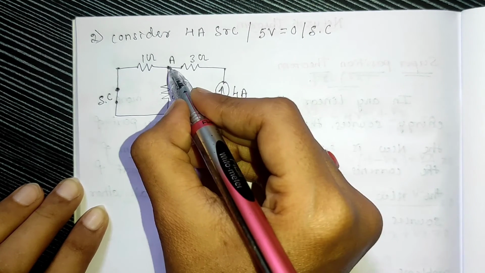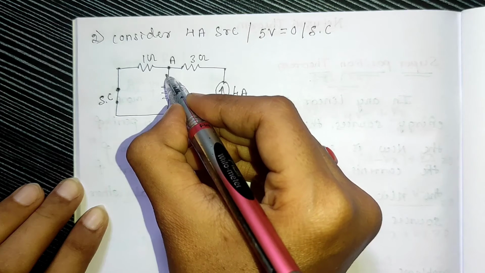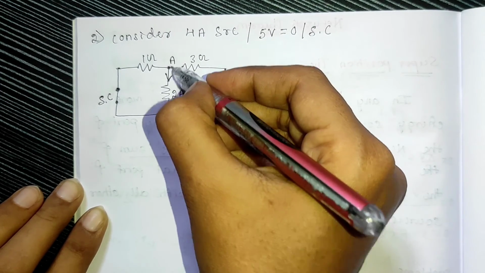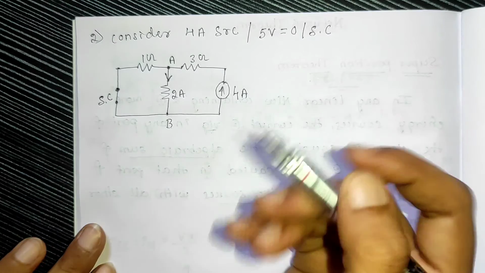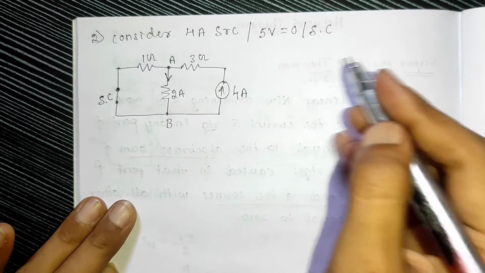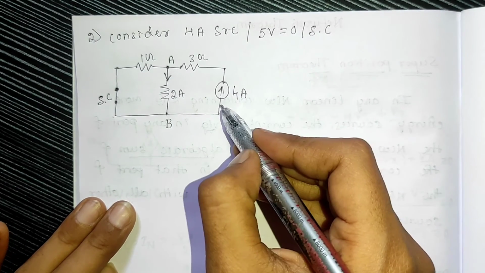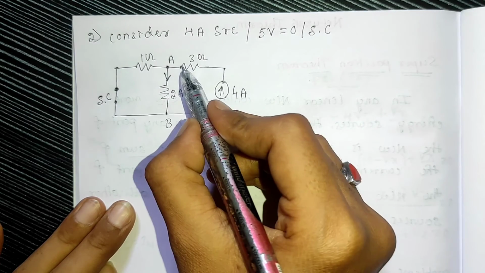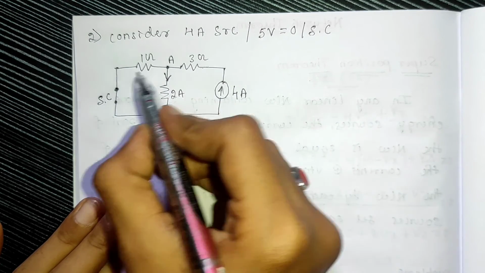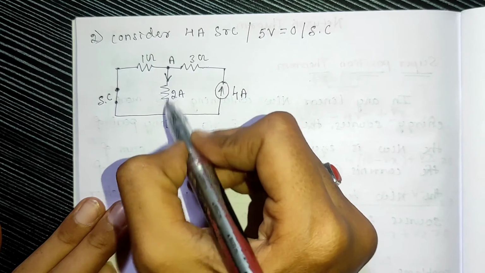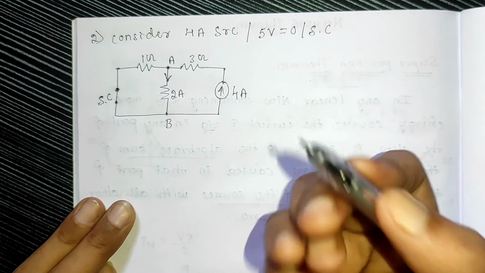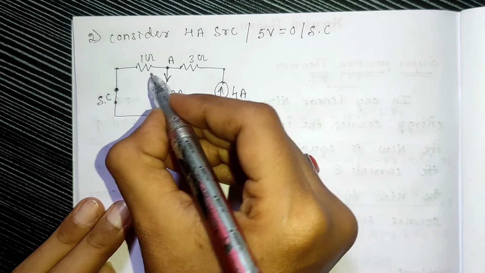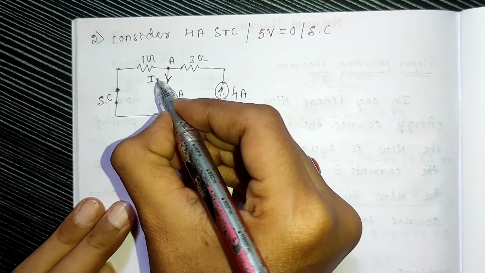Okay. The same current will divide here. The current direction in the 2 ohm resistor is from A to B. So here you know the total current, right? This total current flows through the 3 ohm resistor. So that current will divide from here. You can apply the current divider rule to find the current in 2 ohm. Here consider the current in 2 ohm, that is I2.